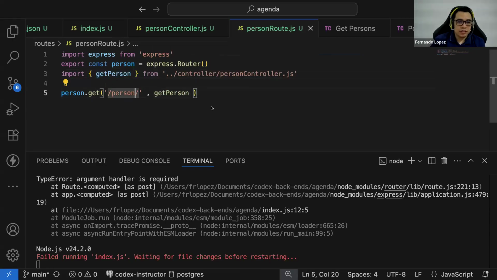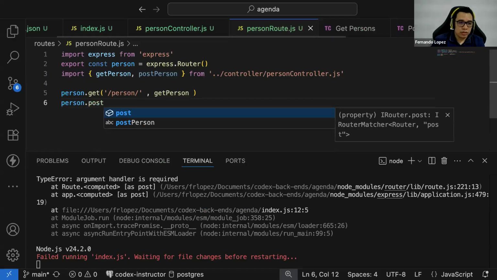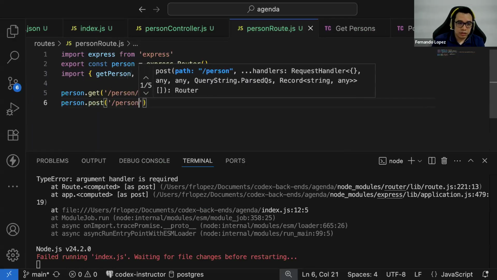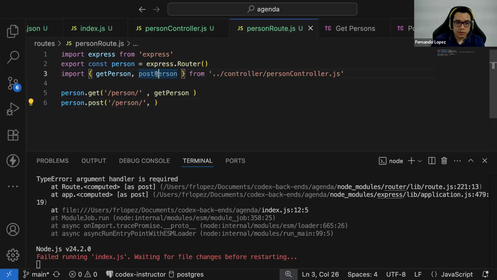So we have the person route and the get person function here. Now we're going to import the post person, and now we're going to set up the method person.post. Again, the route will be the same one, person. Now the function that is going to perform this route in this method will be the post person function.